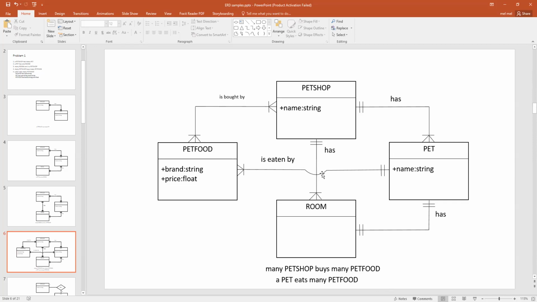So for this instance, we will be crossing the line that we use here for pen, shop, and room. In order to symbolize that we are crossing the line, please do not make a straight line or a cross. What you do is you curve the line in order to denote that you are passing through. Okay. So in this instance, one or many pet food, again, from left to right, is eaten by one pet